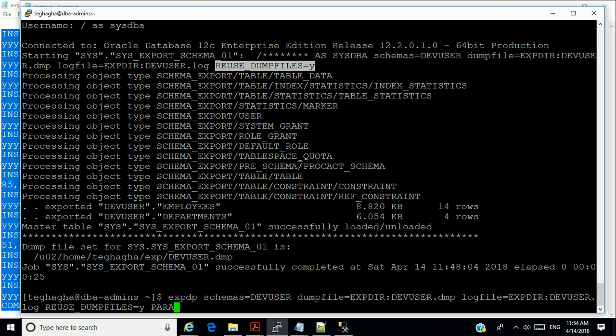This one, I always advise people to be careful when they use it. Use it particularly for computers that are very powerful with lots of CPU. And if it's a production database, try to use this in periods where your database is less busy, because it takes a lot of resources. If it's going to be a long export, it's better done off hours because it consumes a lot of resources from the computer. Now I'm going to say, for instance, parallel 4.